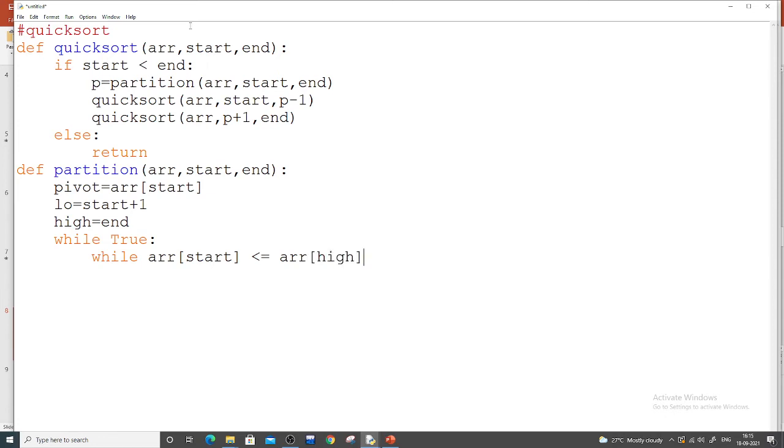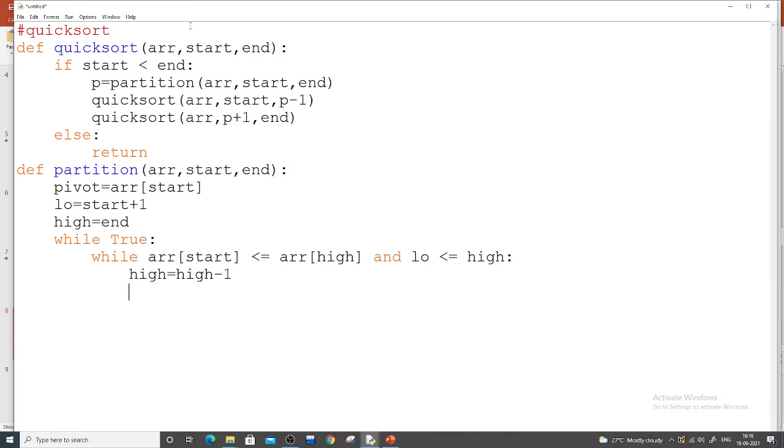If array of high is greater than pivot, that means the right side, and the low value must be less than or equal to high, means this index. If this condition is true, then my high should come down. That means I should write high equal to high minus 1. So high is reducing. The high value keeps on reducing.